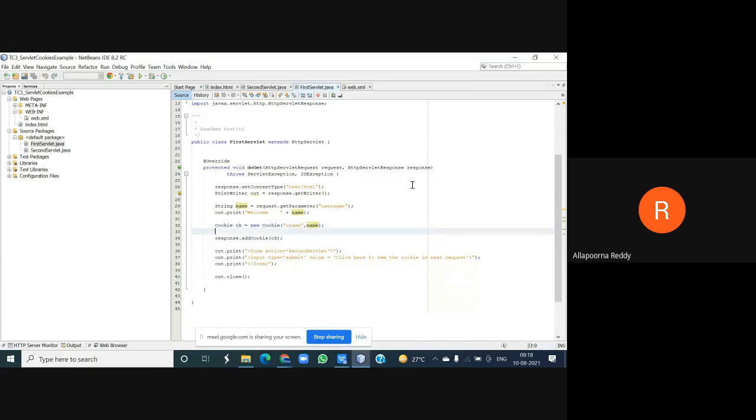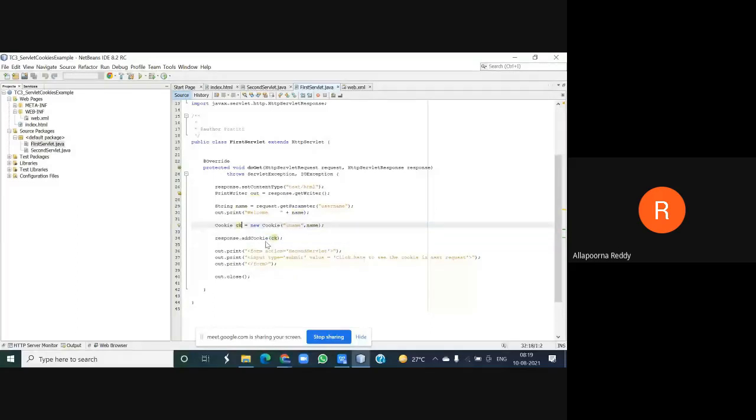Now here my cookie starts. These two are my cookies. So what I'm doing is creating a new cookie, right? I'm creating a new cookie. What is the cookie name here? The name is username. And what is the value? Whatever value you have passed in your HTML box, that name will be taken as the value, and that is loaded at your server machine with response.addCookie, and in the parentheses we give ck, because ck is the object which we are adding.